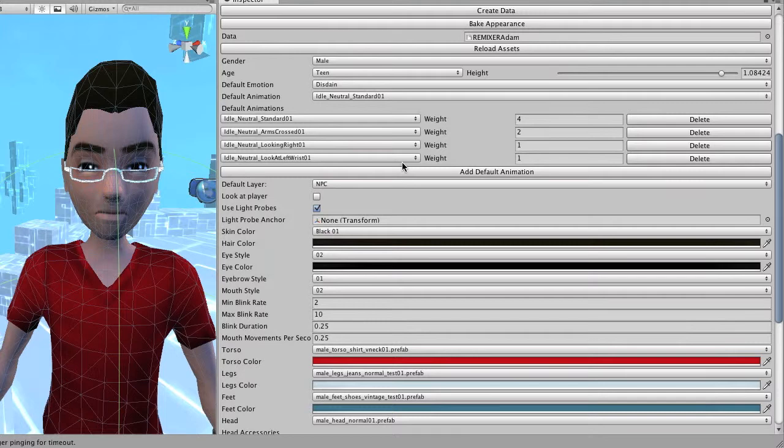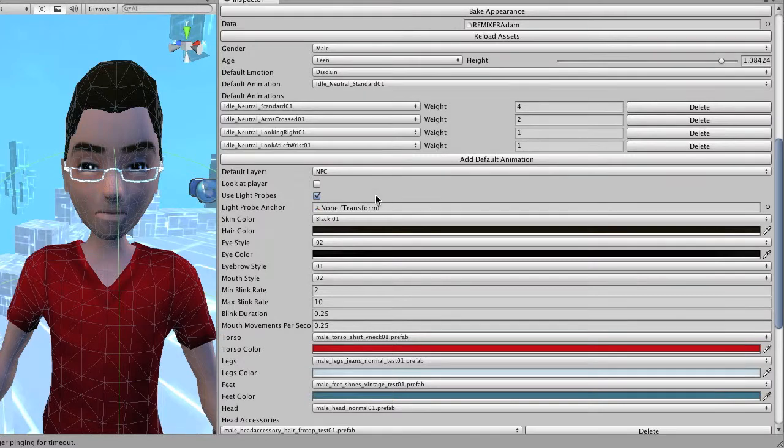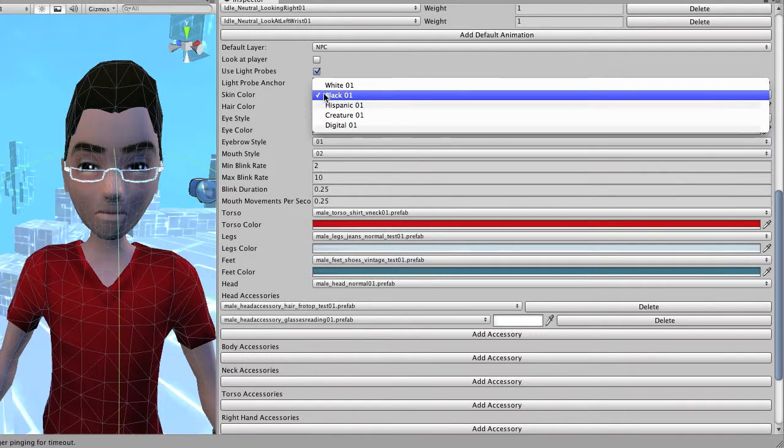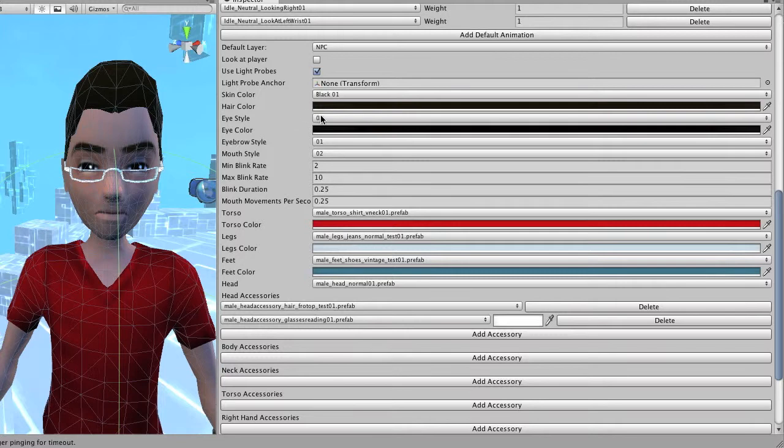Then there's other things such as whether the character should look at the player, should turn to face the player. Some tinting options that are more in-depth than was capable in the runtime character customizer, including things like setting the blink rate, the skin tone, which is similar to the character customizer, and then the parts, the torso, legs, feet that were shown in the character customizer. Here you see the actual asset names that are being used instead of a picture, but the functionality is the same, including the tinting. So here we'll try changing the Adams character to use a different sweater, and you'll see